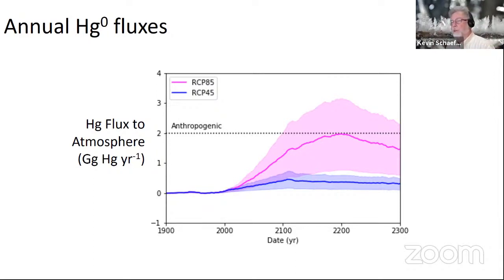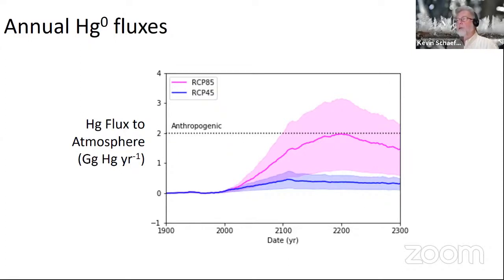But you can see that around 2000, permafrost starts to thaw out, and the amounts are getting higher. The blue line is the scenario close to the Paris Accord. The emissions increase, definitely, but then they stabilize, and they're not that much. But you look at the unconstrained burning of fossil fuel, RCP 85, and they really start to increase. I put a line on here as a reference: that's the current global anthropogenic